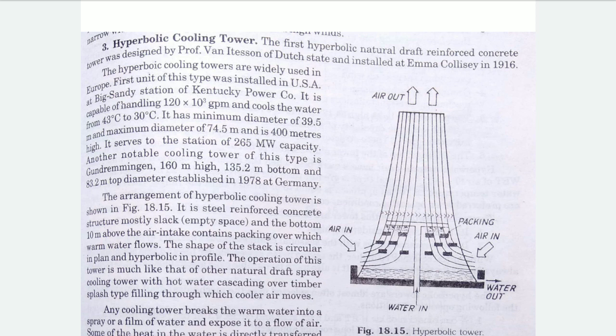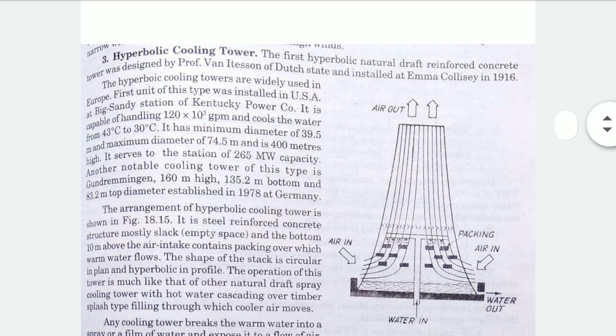That is the actual cycle, the Rankine cycle of the steam power plant. So the water coming out from the condenser is required to be cooled for recirculation purposes, and that cooling happens in the cooling tower. So it is important. Today we will study the hyperbolic cooling tower. It comes under the natural circulation cooling tower, meaning the circulation of water and air is natural. We do not require any external force for the circulation.